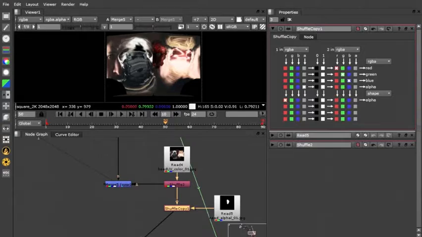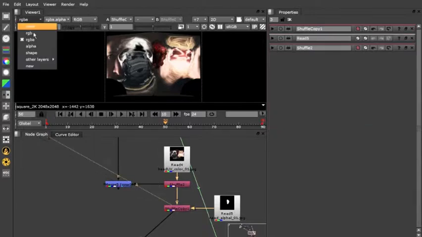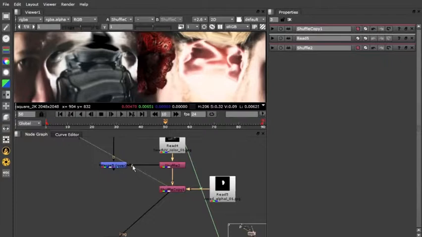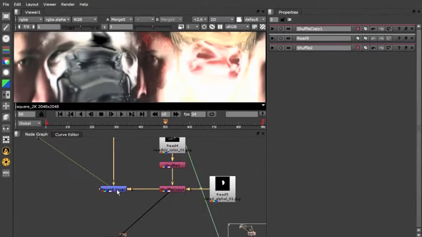If I now connect my viewer to the shuffle and then switch to shape, then I can see we've now taken our little alpha and pop that into our shape layer right here. Now, of course, we also have to reconnect our merge right here, drag that down a little bit further, and now if I connect my viewer to the merge,